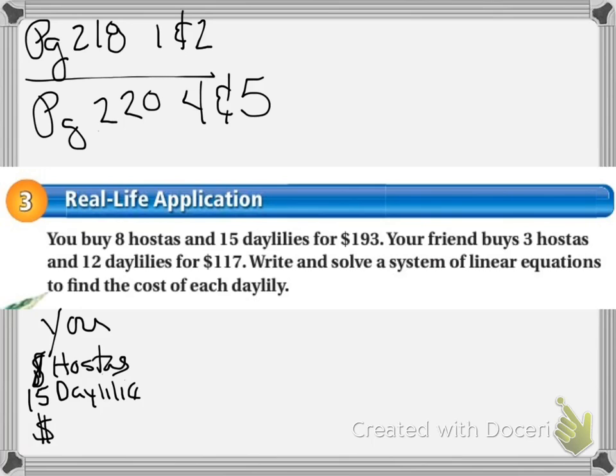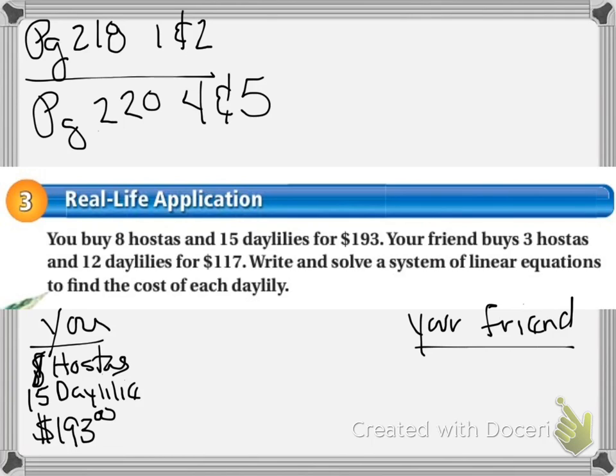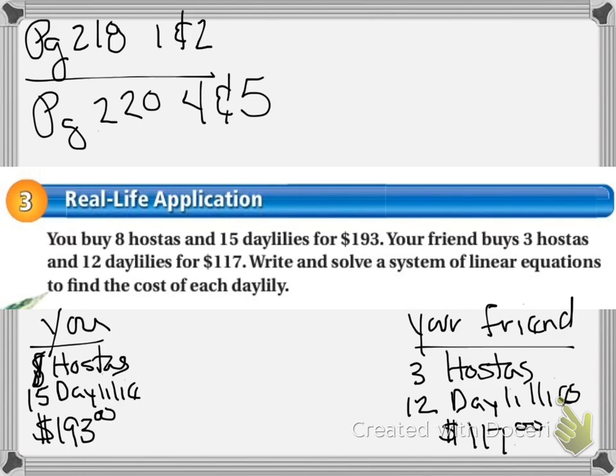And that cost you $193. And your friend bought 3 hostas and 12 daylilies, and that cost him or her $117. So that's the information I'm given, but it's asking me to write and solve the system to find the